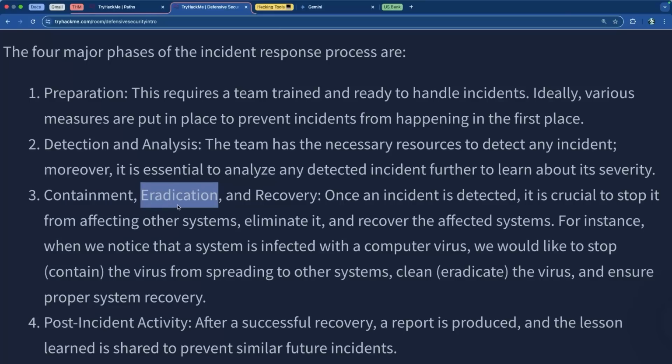You need to get them out of your system, eradicate any malware or anything that they may have left behind, wipe the system if necessary, and recover from your most recent healthy backup, right? You boot your systems from your most recent healthy backup before any kind of vulnerability was exploited or before any kind of infestation occurred, so to speak. So once it's detected, it's crucial to stop it from affecting any other system, eliminate it, and recover the affected